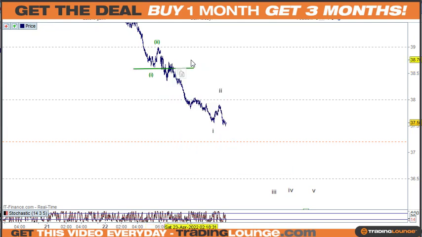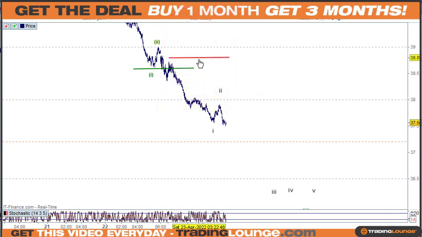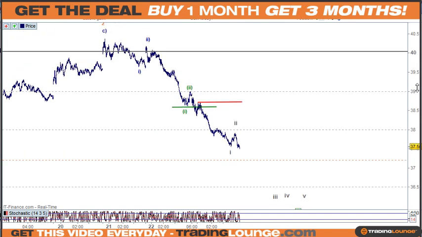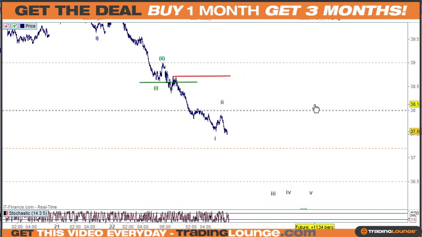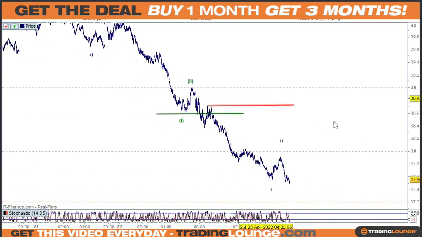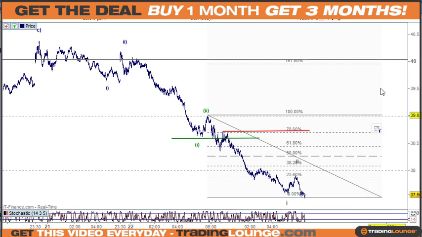So I'll just copy that. We'll create a stop for that. I'll just put it there. I think that's pretty safe for the time being, at least. Unless all that's 1, 2, 3, 4, 5 for 1 here and going back for 2, which I don't think so. There's a lot of pressure to the downside, so we don't need to worry about it too much. It's probably what the worst could happen, but let's just see how